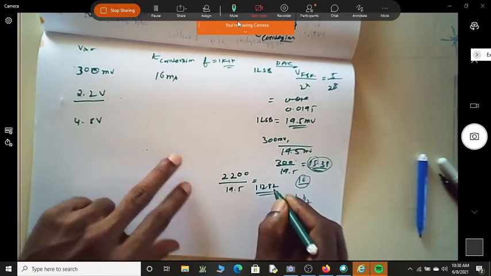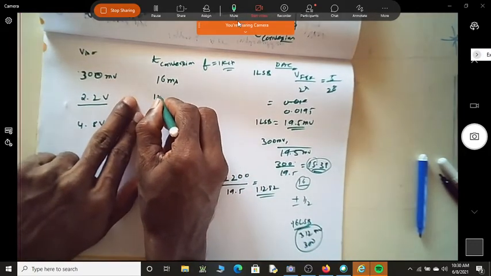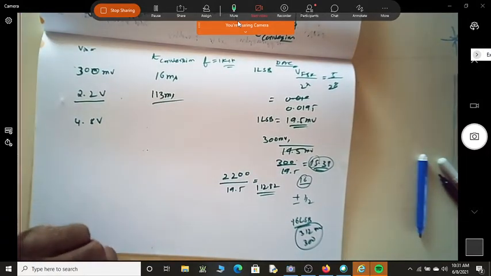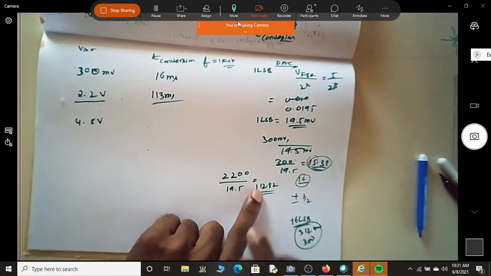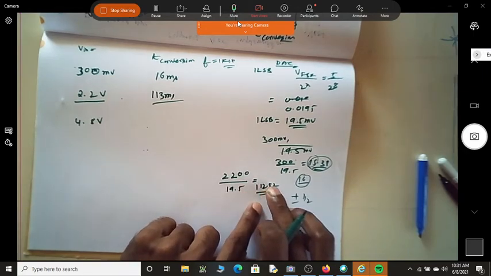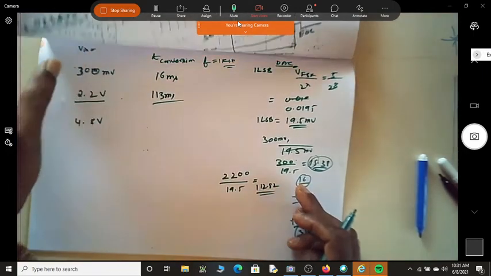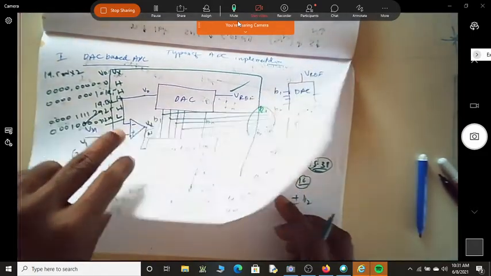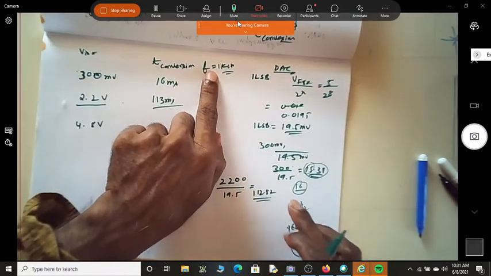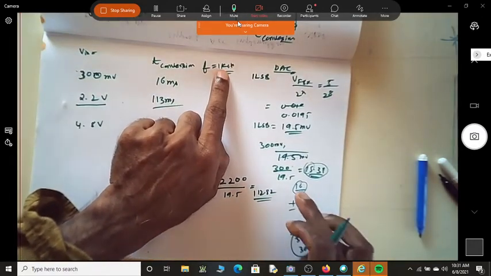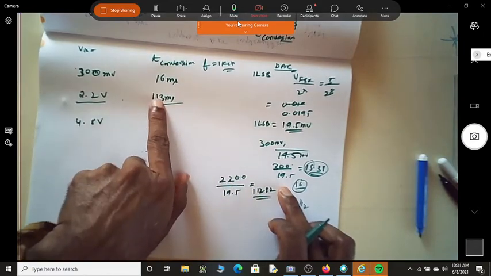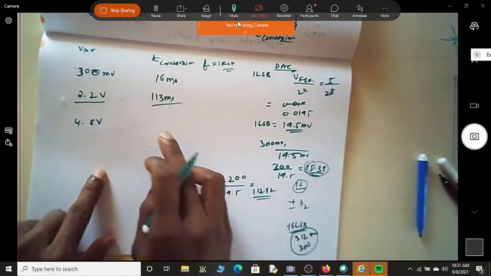112.82. Can you see, after 130 milliseconds, my EOC signal comes? Yes, sir. At 112.82 it is on, but it has to go off now. If this signal has to become low, it has to go to the next possible value, that is 130. Since we have taken a frequency of 1 kilohertz, every cycle takes 1 millisecond, so 130 into 1 millisecond, exactly 130 milliseconds.